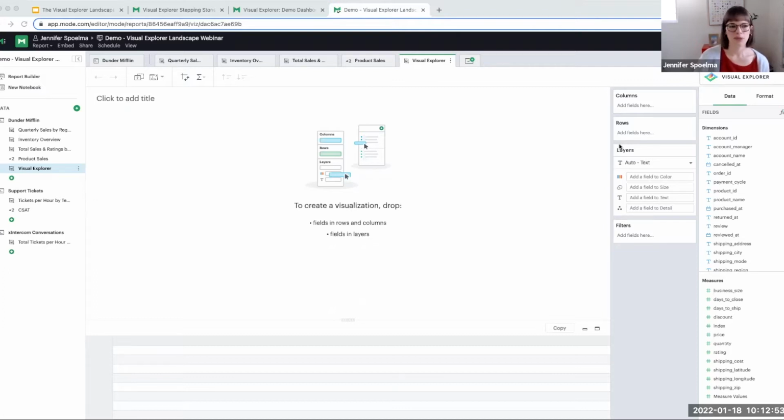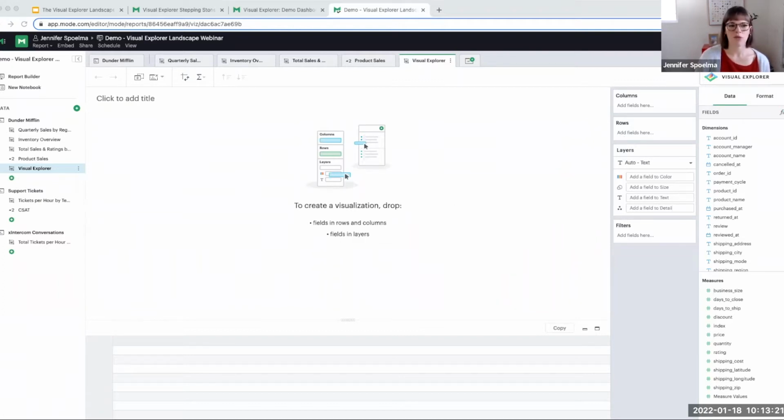As a general principle, though, you can think of columns up here as the data that you want to display horizontally across your visualization, so similar to an x-axis. And you can think of rows as the data that you want to display vertically, so similar to a y-axis. You are able to drag and drop any of your dimensions or measures over here into any of the drop zones. And we will definitely get into this more with our pivot table example, but for now, as a quick